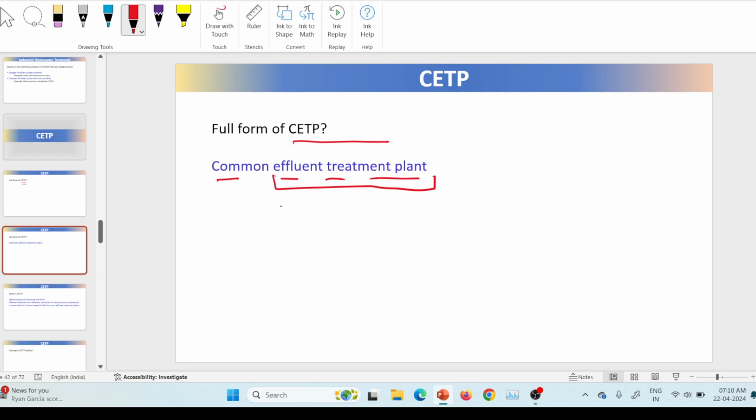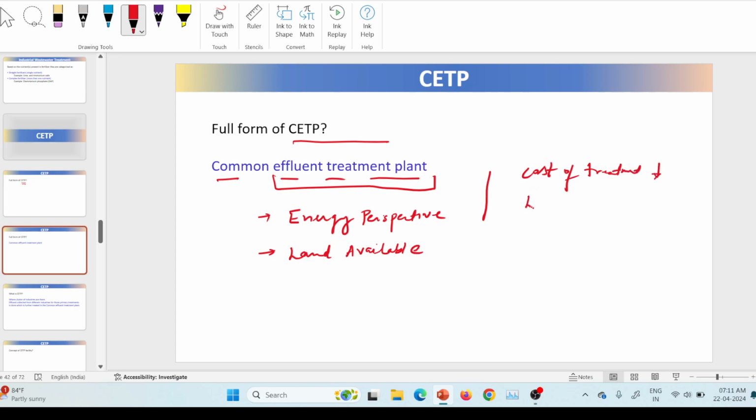So, from the energy perspective, and the second perspective, land area, whether land is available or not, because for treatment units you need land. So what we do is provide a common effluent treatment plant, so that the wastewater from different small industries is collected and then treated in the common effluent treatment plant, which can reduce the cost of treatment. Collectively, the cost of treatment can be reduced,